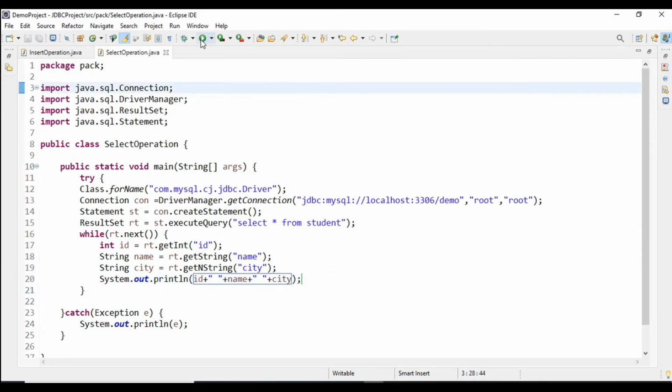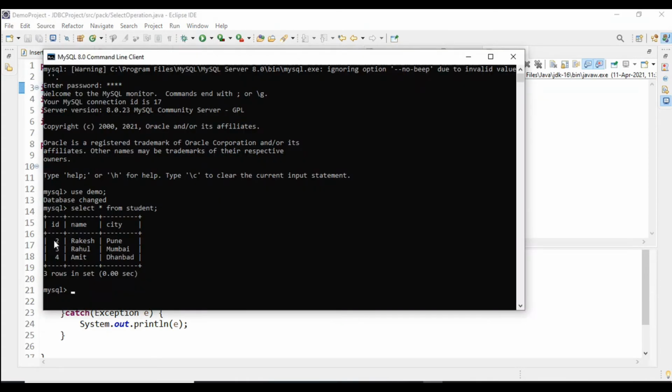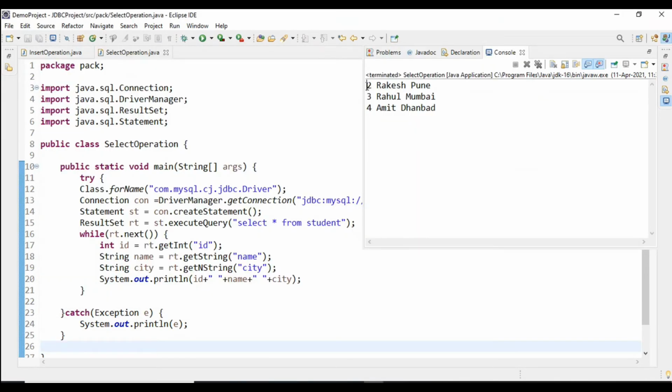Now I will execute this program. This is the first row, this is the second row, and this is the third row. In MySQL as well, there are 3 entries, so we have retrieved those 3 entries.